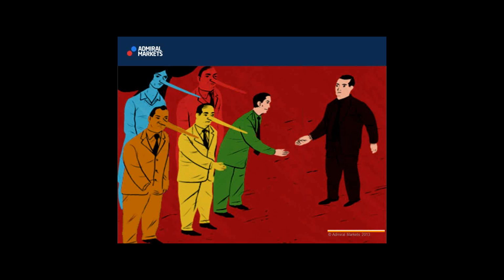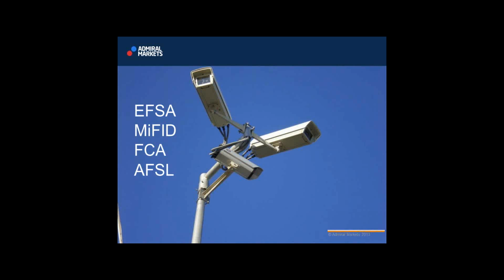First, in the financial world, there's always someone watching. In this case, I'm talking about the regulators. In order to receive your license, you must comply with strict regulations, and the more regulators you're allowed to watch you closely, the more secure you are. Admiral Markets, for example, is licensed in Europe by the FCA, and we have a passport from MiFID. Admiral Markets has recently received an FCA license in the UK and is also regulated by an Australian Financial Services License. So being licensed, of course, is very important.